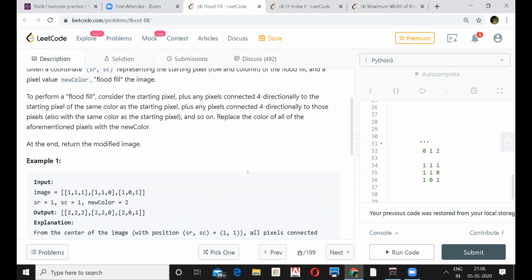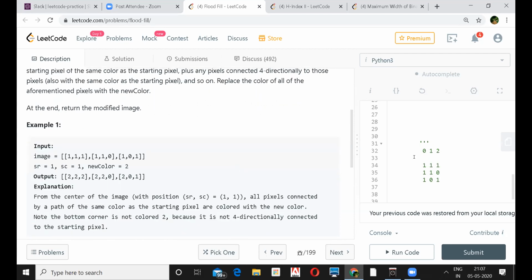We can use union find also, but DFS will be far better, I think. I'm not sure of union find, but BFS or DFS, anything works. Union find doesn't make much sense here.